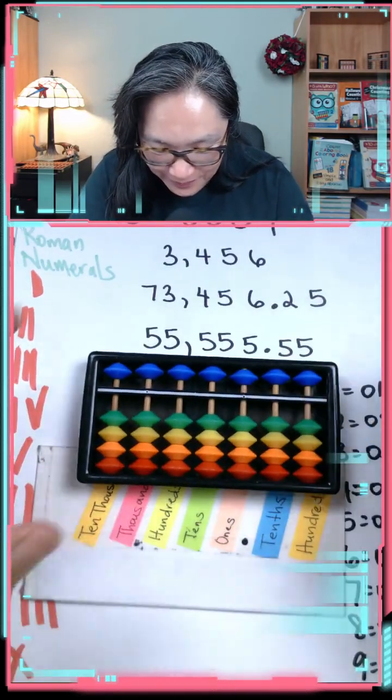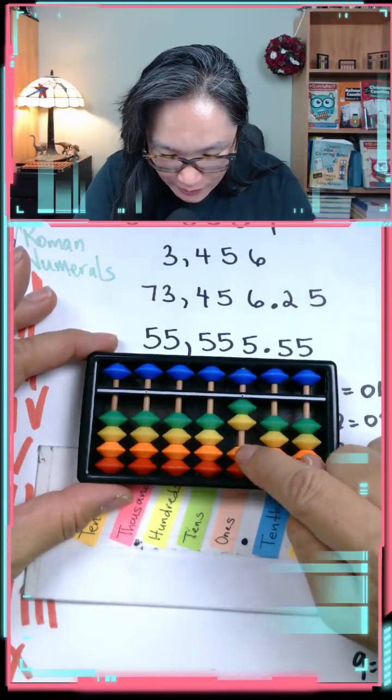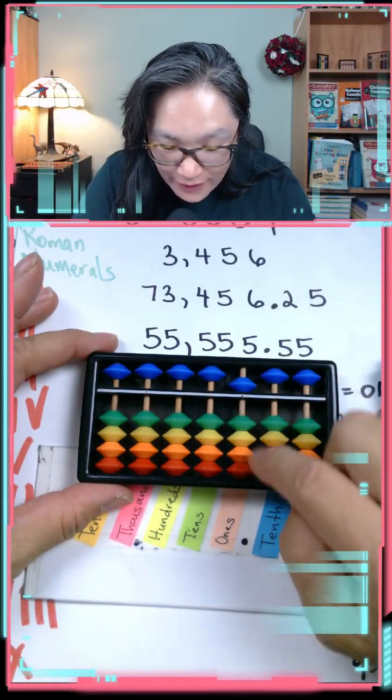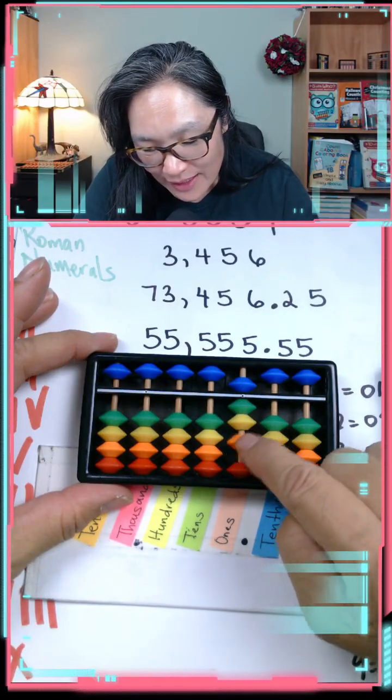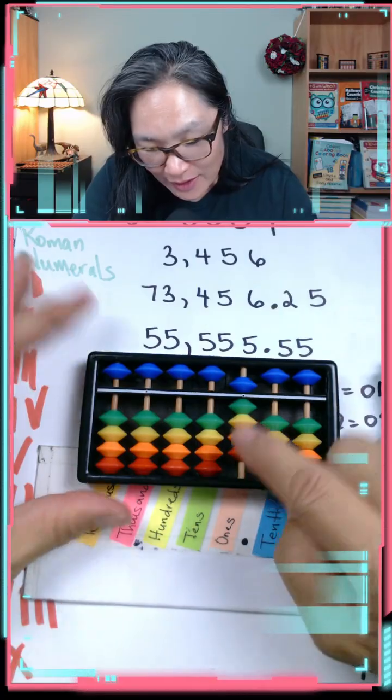Just like that: 1, 2, 3, 4, and then 5. This is the value of 5. We have 6, 7, 8, 9, right? Just like a